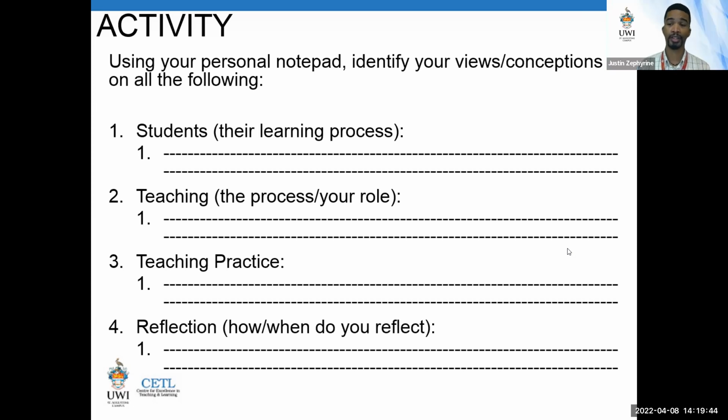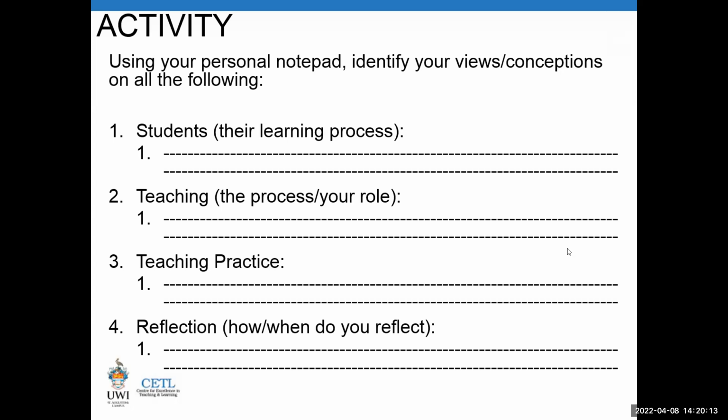So let me ask, and I know persons might still be writing or jotting down some points, but let me ask Alana, just to walk you through the process. So Alana, how do you see your students in terms of their learning, the learning process? So I think my opinion is that they come ready to learn.